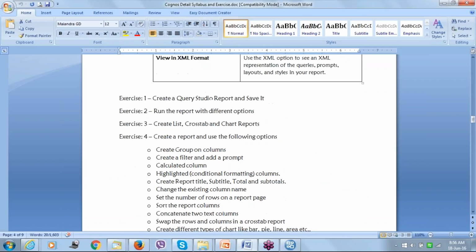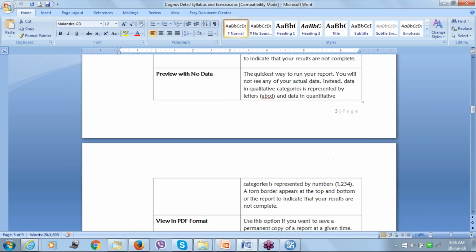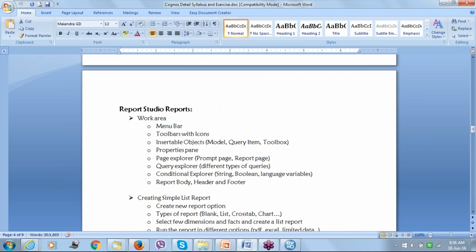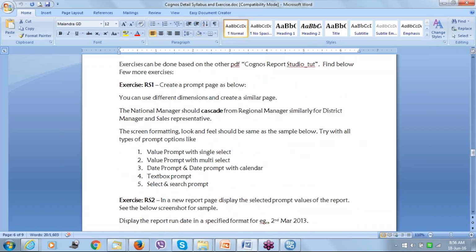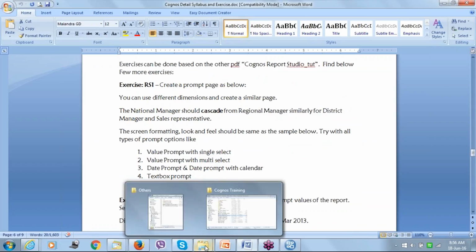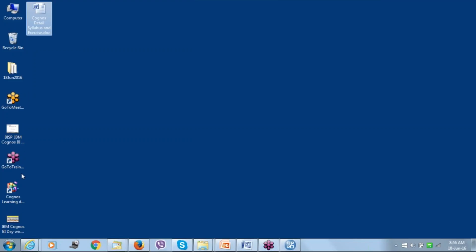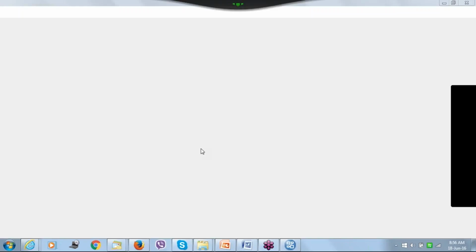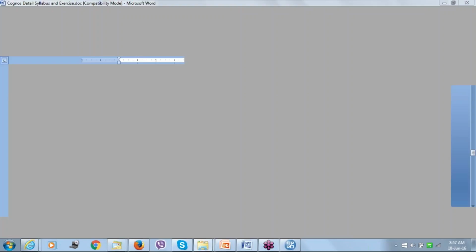For Query Studio, I have the individual topic-wise syllabus and also the exercises. For Report Studio, we have all the topics and I have the exercises. This is the first set of exercises. Then we will have another set of exercises where we will see the real-time scenario. For example, I will give you the screenshot and you need to do the things, based upon your interest and time availability. Assuming that this is the customer's requirement,